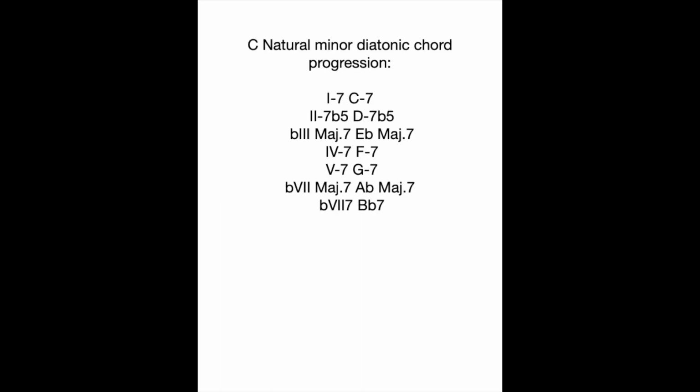The natural minor scale, which is essentially a mode of the major scale, has the following diatonic chord progression: 1 minor 7, 2 minor 7 flat 5, flat 3 major 7, 4 minor 7, 5 minor 7, flat 6 major 7, flat 7 7. These all correlate with the relative major scale and its diatonic chord